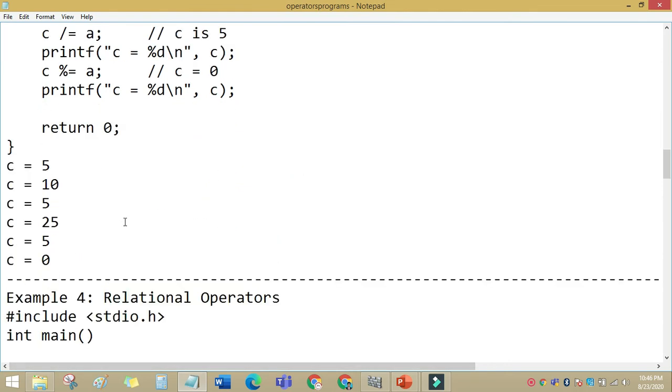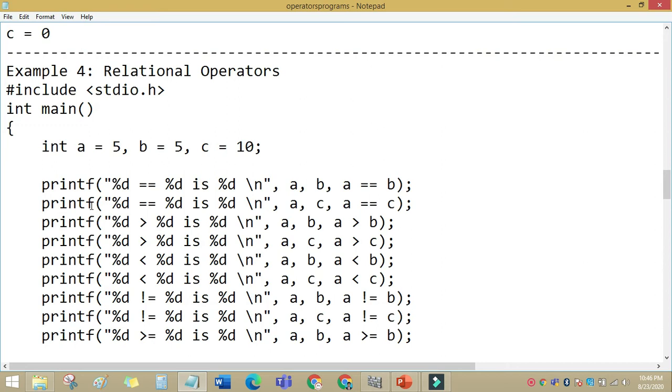And the fourth one is the relational operator. A relational operator is nothing but a comparison of two operands. Here I am using the comparison a, b, and a equal to b. A equal to b means we check whether the a and b values are equal.